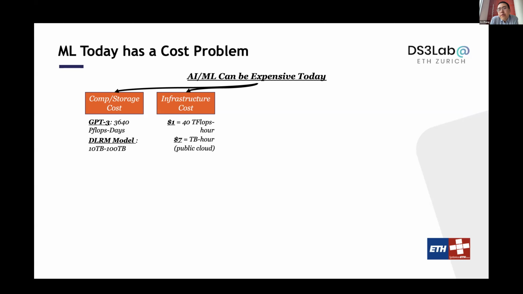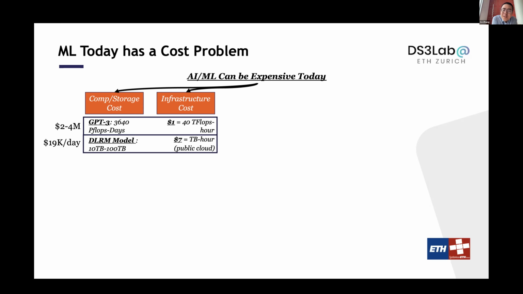And the ownership cost of infrastructure is not getting cheaper, right? On public cloud, sometimes with a single dollar, you get to run 40 teraflops for 1 hour, and you get to hold, for example, 1 terabyte of memory inside your machine for $7, something like that. If you combine this, it's very easy for you to burn $2 to $4 million to just train that language model, and burn $20,000 every single day just holding that model inside memory.